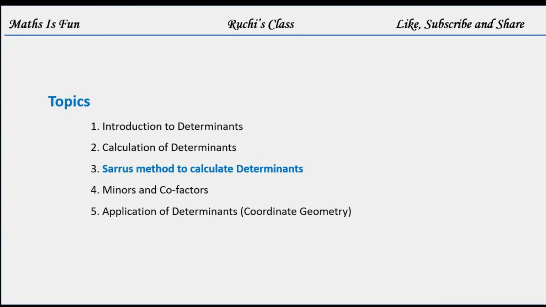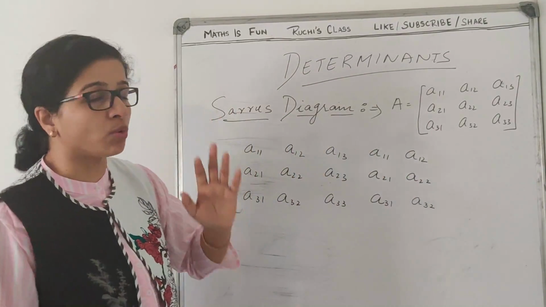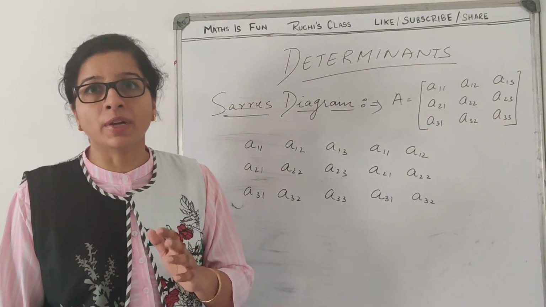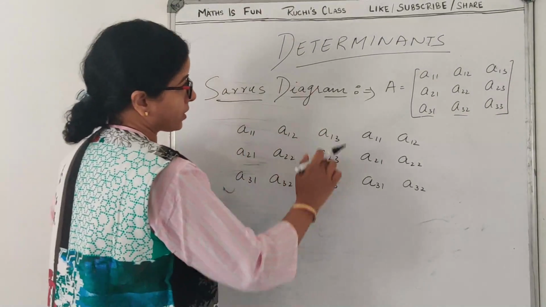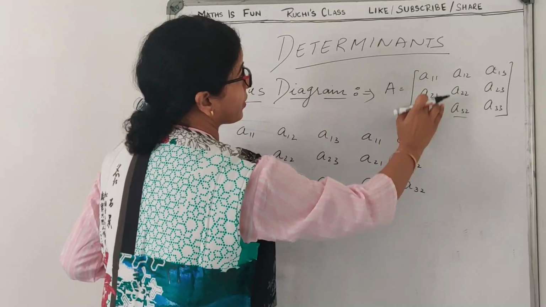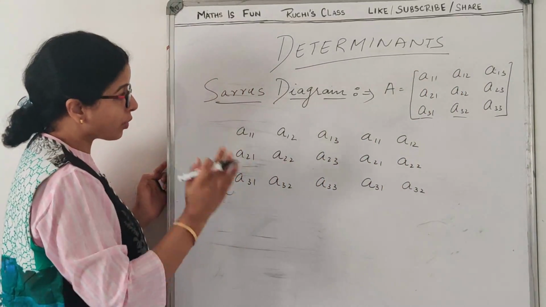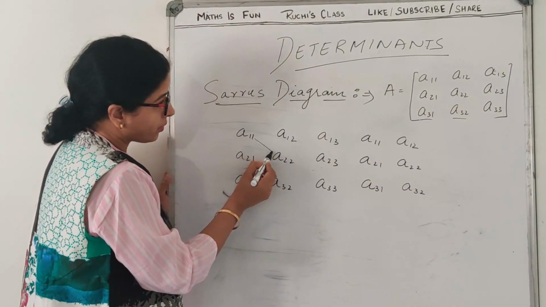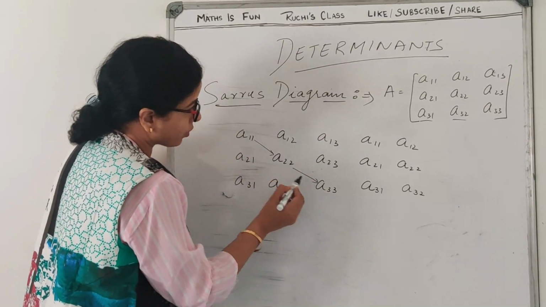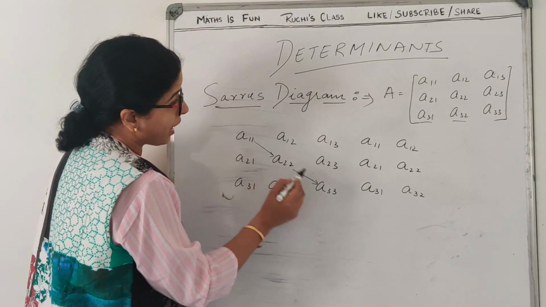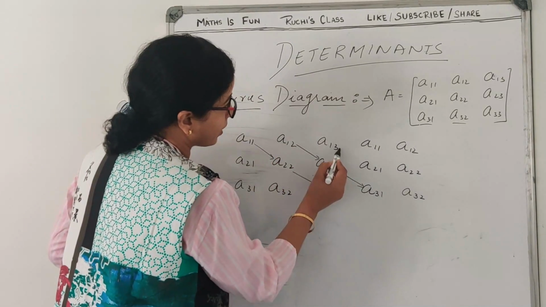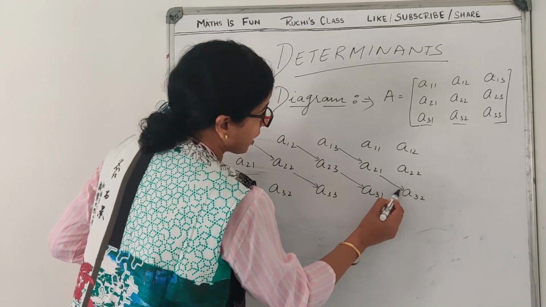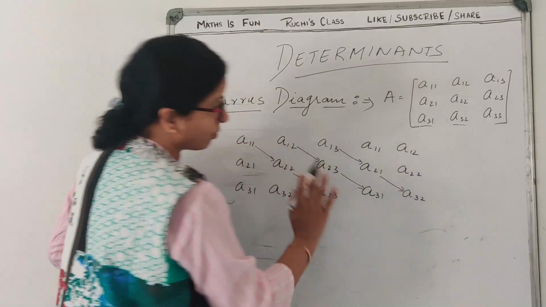Now I'll explain to you another way to calculate the determinant of a matrix of order 3. Sarrus diagram is only applicable for the matrix of order 3. So now I have written this determinant. These columns I have written, all 3, plus I have repeated these 2 columns. Now how to use it? We will write the arrows like this. From A11 to A22 and to A33. Now A12 to A23 and then A31. A13 to A21 and this. Further I don't have any other column, so leave here.